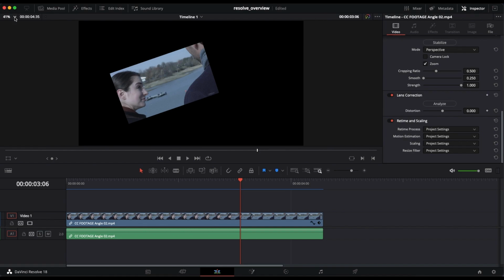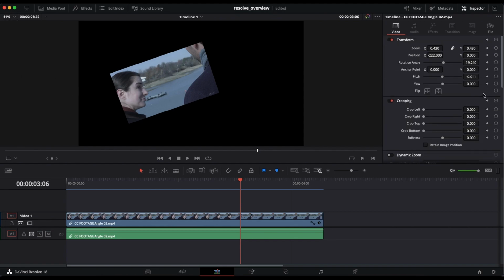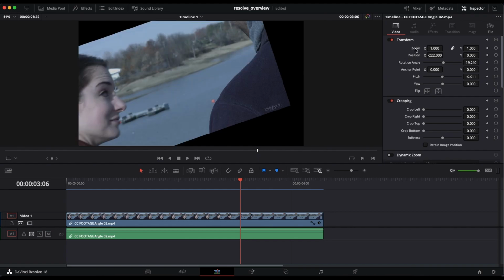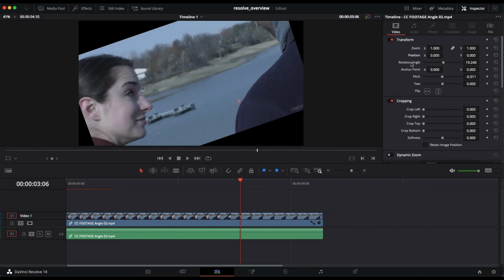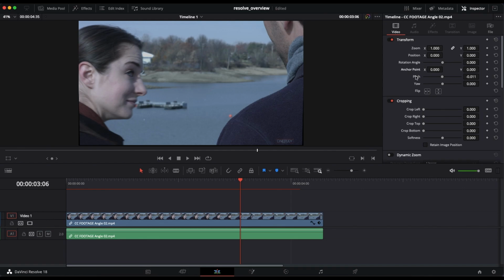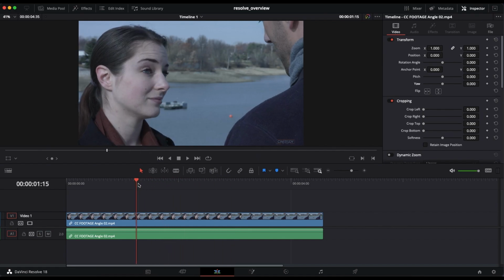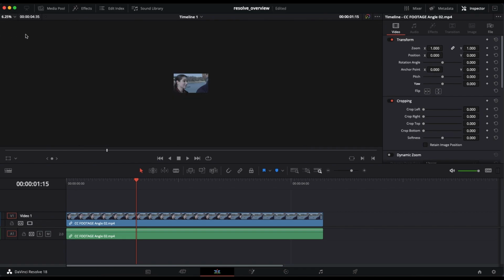Here it says 41%. This is what I'm actually looking at on this screen here. If I go back to zoom on the right hand side, if I double click zoom, double click position, double click rotation angle, double click anchor point, double click pitch, and double click yaw, it resets the footage back as it was. So resetting it is double clicking everything. Now it says here on the top left hand corner 41%. Now if I go 6.25%,